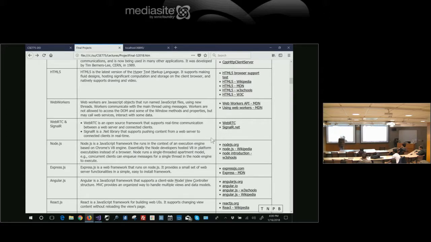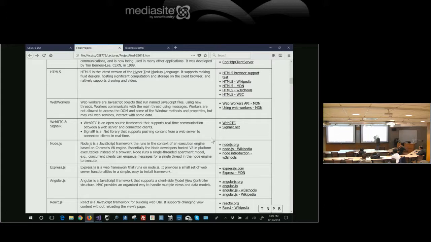Another technology that's interesting are WebRTC and SignalR. So this is web standards, and this is ASP.NET's version of essentially the same thing, I think. What it basically does is when a client contacts a web server, it's a way of keeping the connection open so that the web server at some later time can push stuff back to that client. There was a framework called Comet that used to do that by polling, but now WebRTC and SignalR are all about keeping that connection alive and then pushing stuff back when the server is ready to do that.